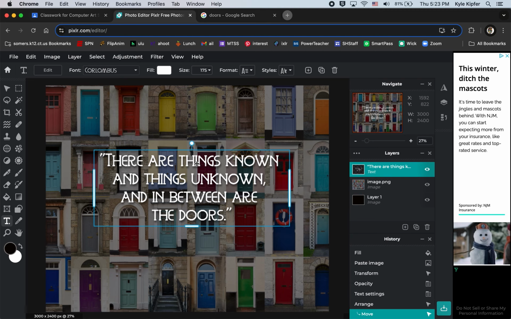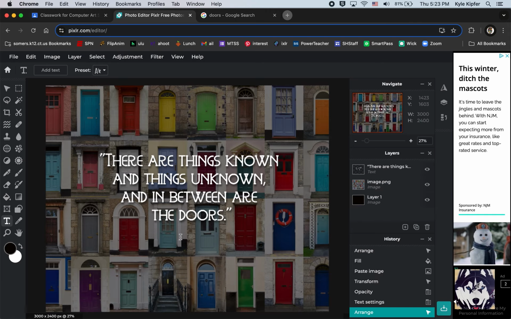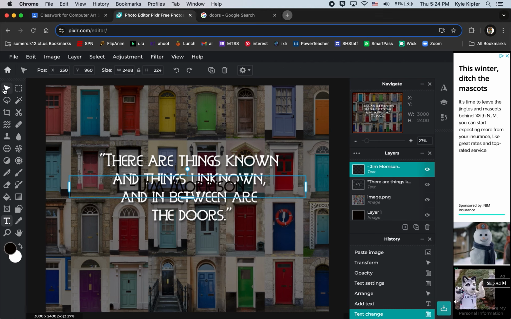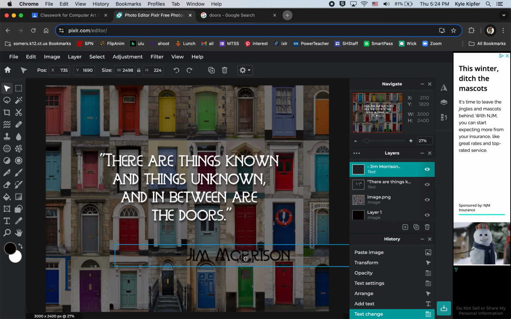So that looks good. I do need one more text box actually. Forgot, I do need a text box. So I'll add another text layer. And I need to give credit to who is quoted for saying this. And actually, this is not necessarily the person quoted with saying this quote, but he did say it about his